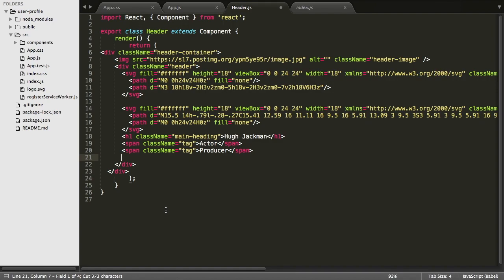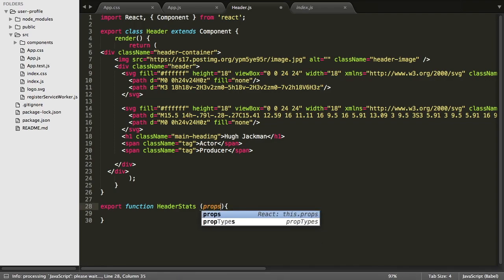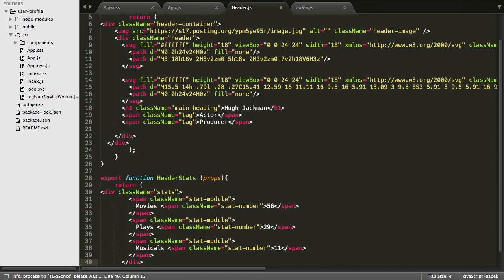So if I go down here and I say export and I say function, and this function is going to be stats, right? So we're going to call it header stats, and I give it that. The only thing that this needs to take now is a props attribute or argument, and then all this needs to return is some JSX or a component itself. So if I return what I just copied,